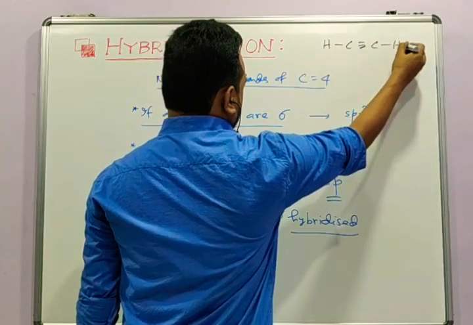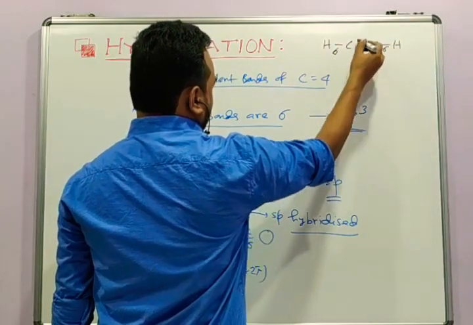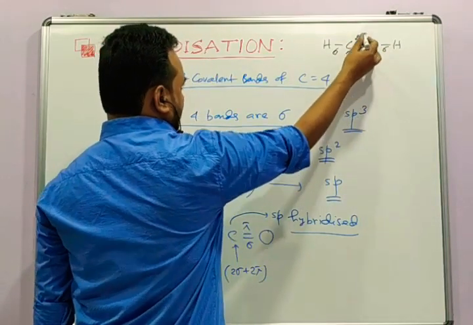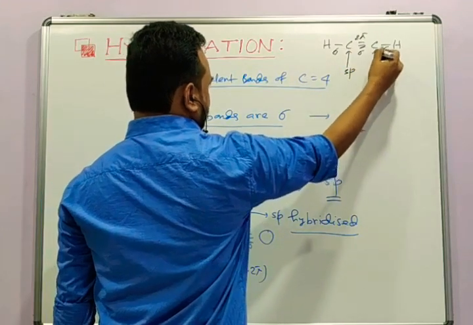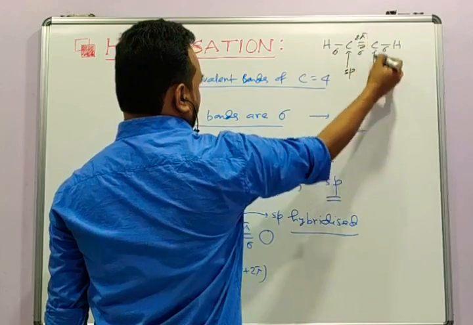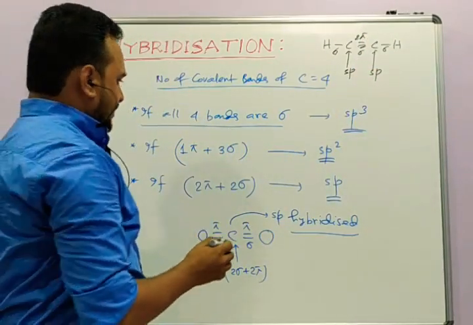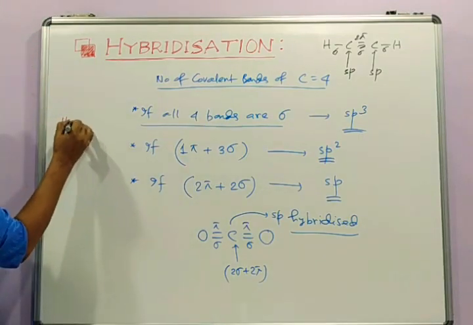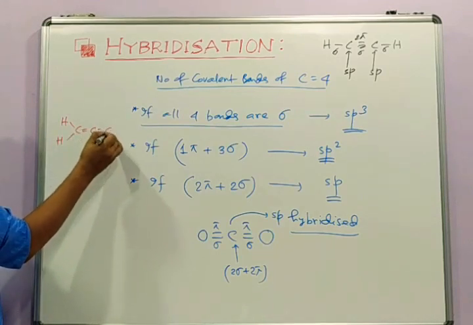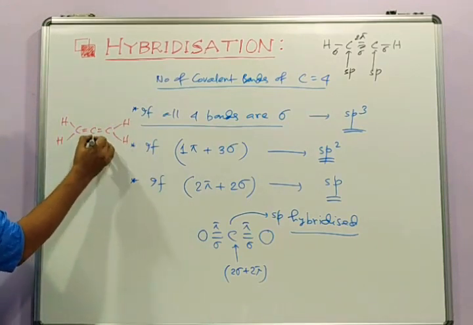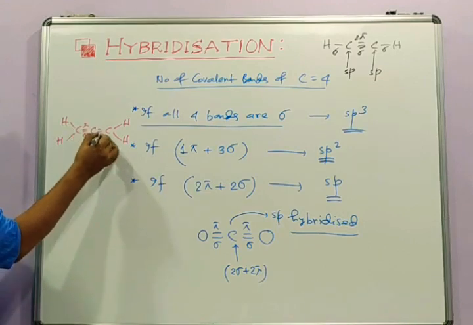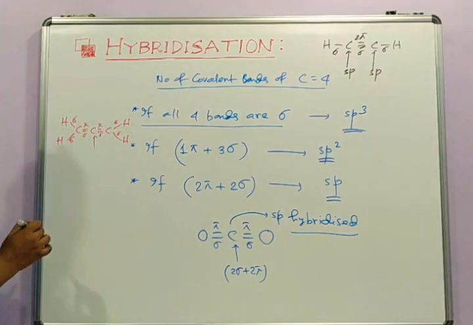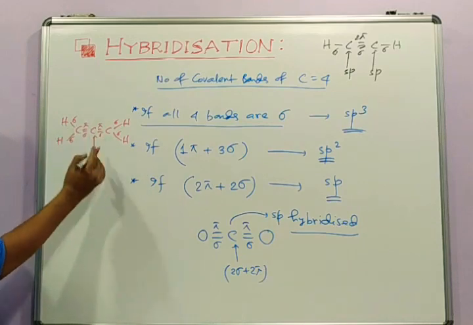Now see, this is sigma, here 2 pi bonds and 1 is sigma. So see this carbon, it is forming 2 sigma bonds and 2 pi bonds, so it is sp hybridized. This carbon is also forming 2 sigma bonds and 2 pi bonds, so it is also sp hybridized, right? If I give you the structure of another molecule like this one, take this carbon, it is sigma, pi, because only one can be sigma, pi, sigma and this one sigma, right? So for this carbon, it is making 2 sigma bonds, 2 pi bonds, so it is sp hybridized.